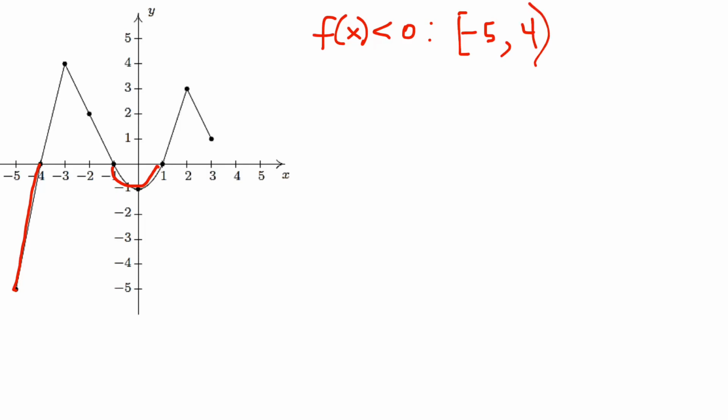Okay, so at 4, there's not a little line right here. If there were a little line that said f of x is less than or equal to 0, we would put a square bracket on 4. But since at -4 it's right on 0, it's not actually less than 0, so we would not want to put a square bracket on -4. All right, so then union,